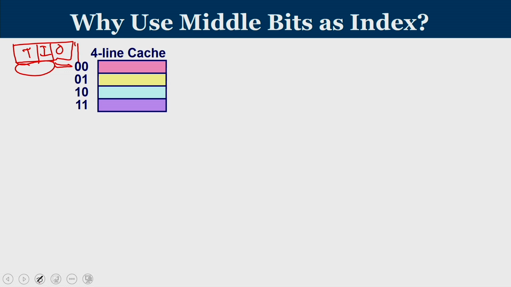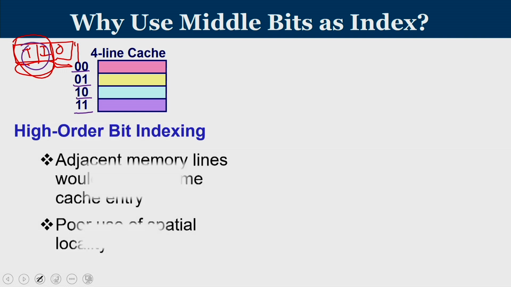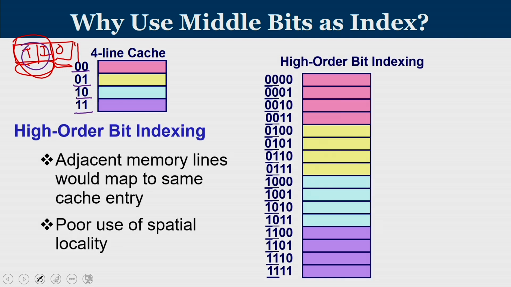So, this portion, tag and index together, defines the block number inside main memory. Consider I am talking about a 4-line cache. Let us say I am going to give the sets as 0 0, 0 1, 1 0 and 1 1. Now, consider my main memory if I am using higher order bits for indexing. Let us say I have a main memory of a total of 16 lines, and these are the addresses given to the lines, or line numbers basically.